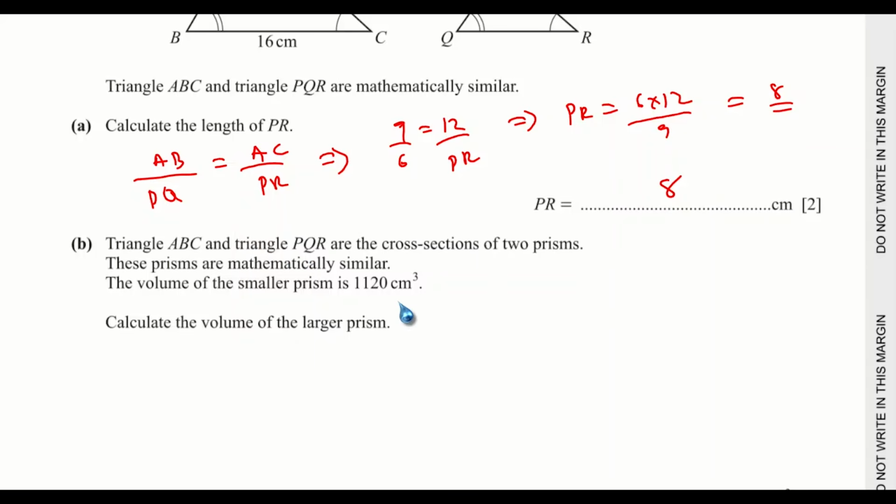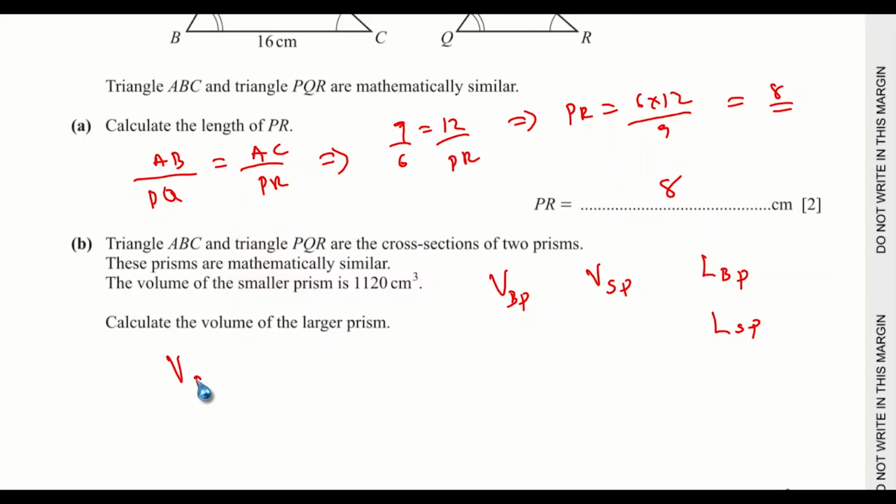So we can denote the volume of the bigger prism by VBP, and the volume of the smaller prism will be VSP. The length of the bigger prism can be LBP, and the length of the smaller prism can be LSP. Since we have denoted all the necessary sides, we can say that the volume